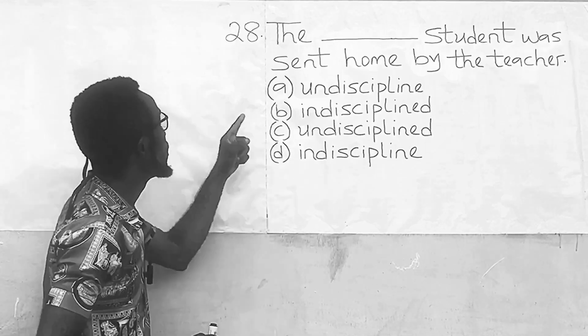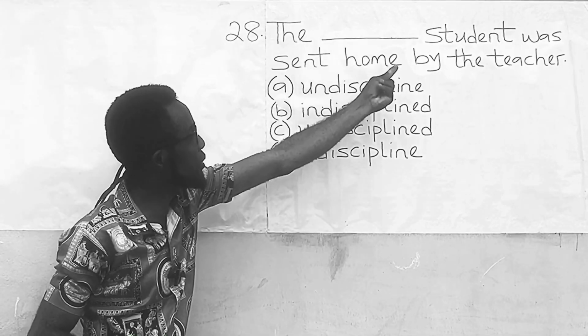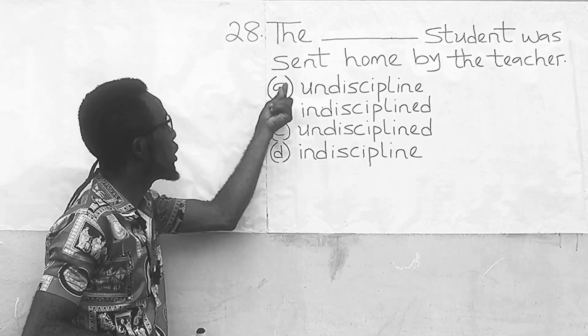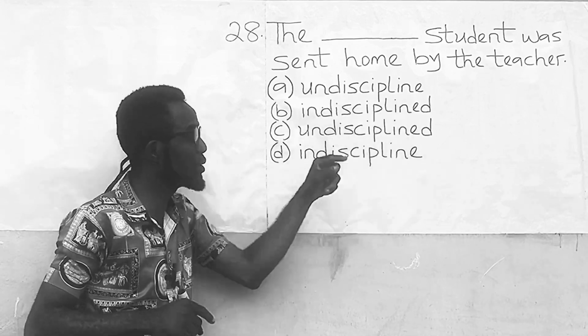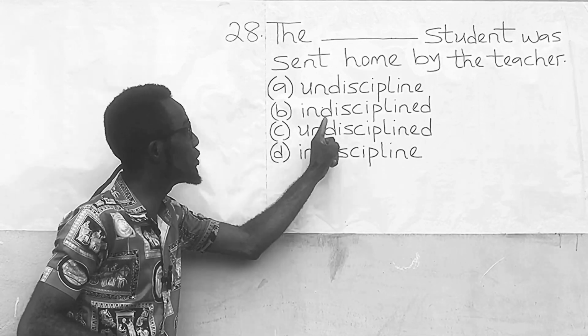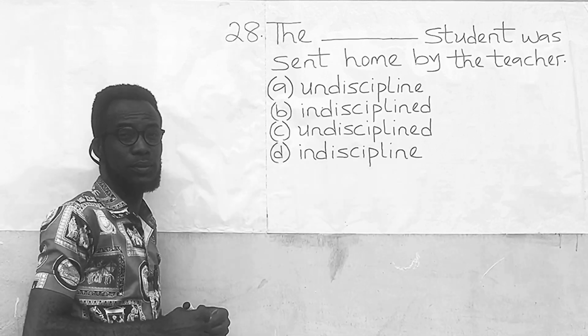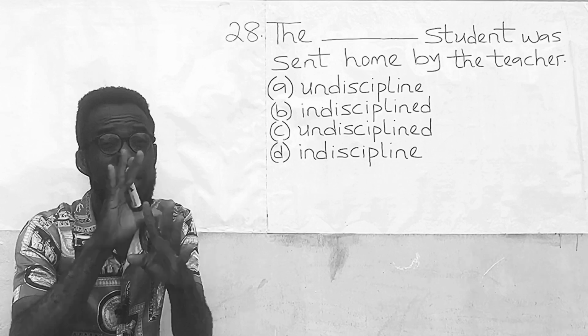Question number 28. It reads, the dash student was sent home by the teacher. Option A, undisciplined. Option B, indisciplined. Option C, undisciplined. And option D, indisciplined. In case you don't know, this question is from the topic